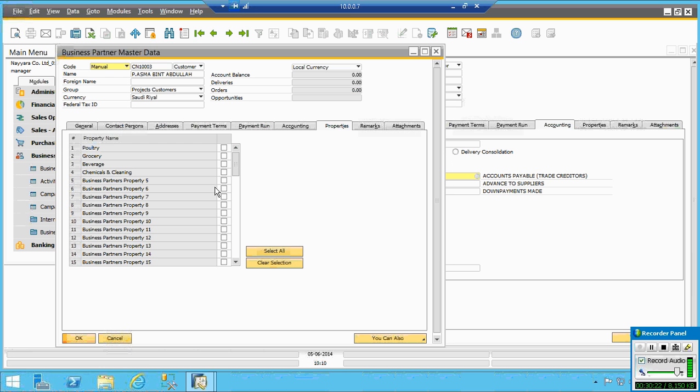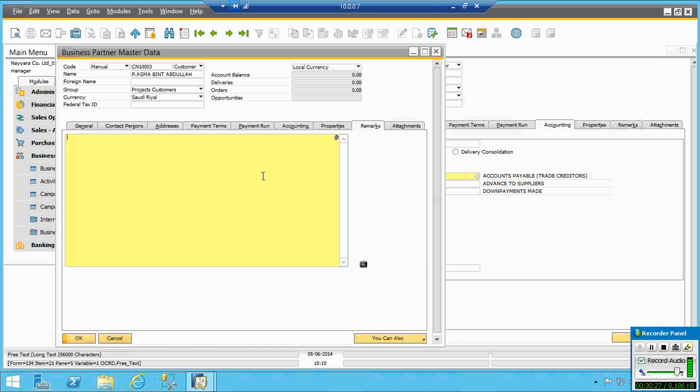Then properties, as I told you, you can set the property. Against the lender, if you have any remarks, you can mention them here. For example, there will be a special customer for whom we need to make an advance payment because the customer is paying like a revenue product. You can give any remarks like that. Here, the advantage is that anybody opening this window can easily see what the customer is.